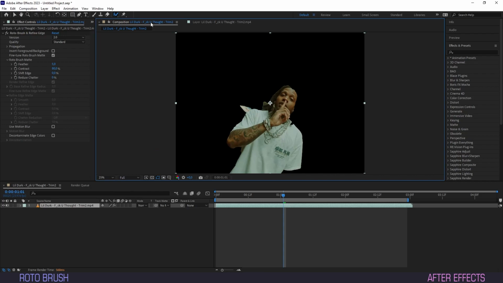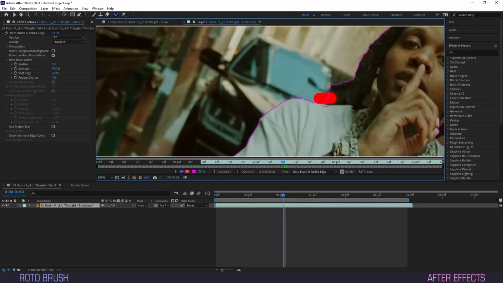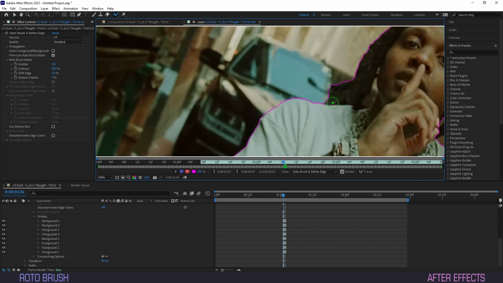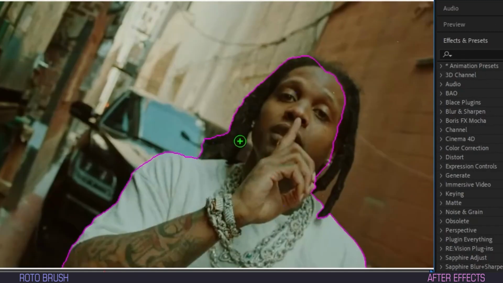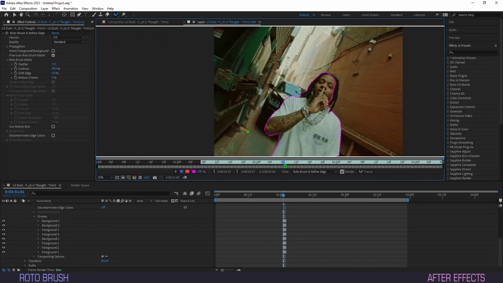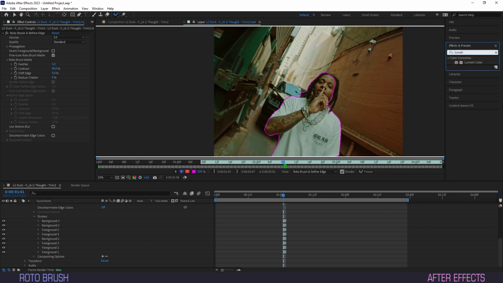I'll show you another way to simplify the process. As you can see, AE has a bit of a hard time recognizing that this area should be separate from our subject, likely because the contrast isn't high enough. To make life easier on us, we can head into Effects and Presets, type Lumetri, and drag the Lumetri color